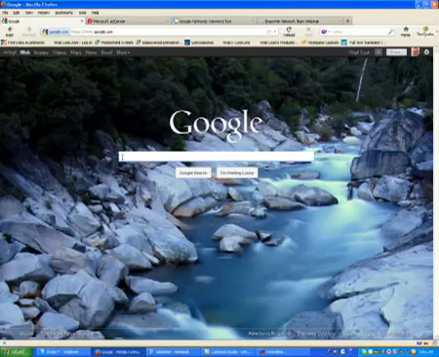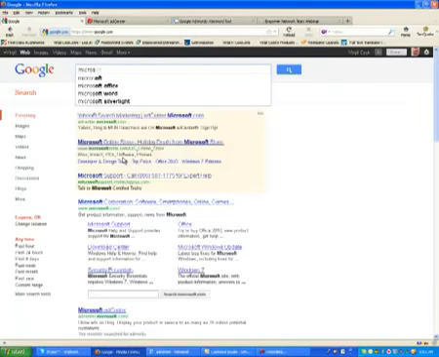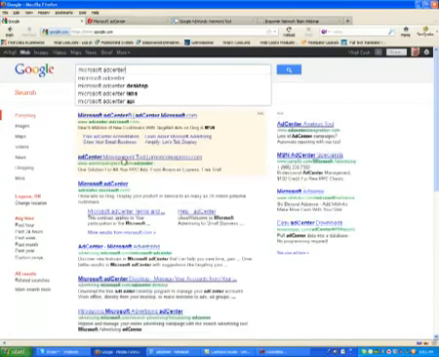Today I'm going to walk you through creating an ad with Microsoft Adcenter, which is Bing. It's the same as Google, only I find Microsoft to be a lot more lenient and more reasonable price-wise to use. So if you don't have a Microsoft Adcenter account set up yet, just Google Microsoft Adcenter, click on this first option here,